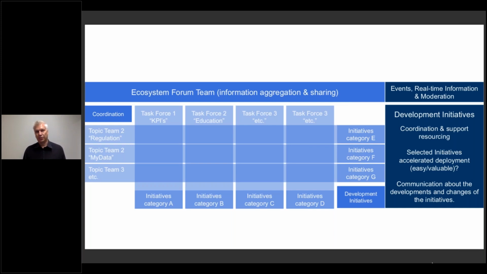An ecosystem forum is a more open, inclusive structure that isn't operated in the same sense as the ecosystem operator. So the ecosystem operator's responsibility, role and mandate should be to look at ecosystem development from an operational progress